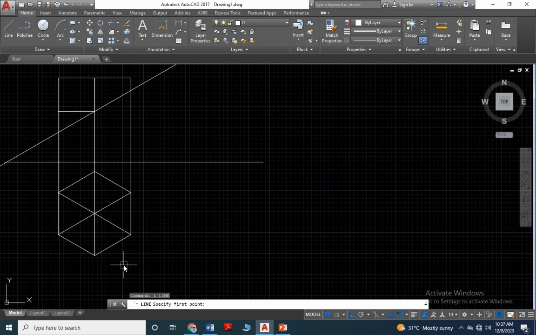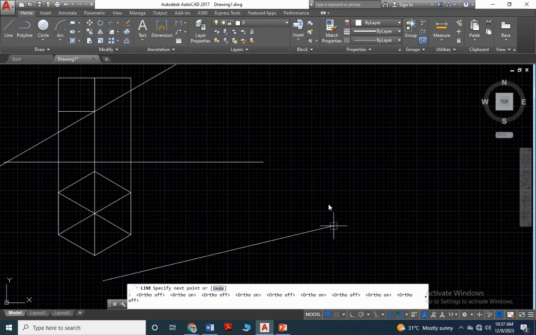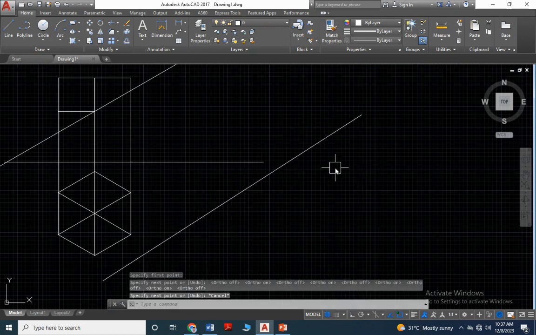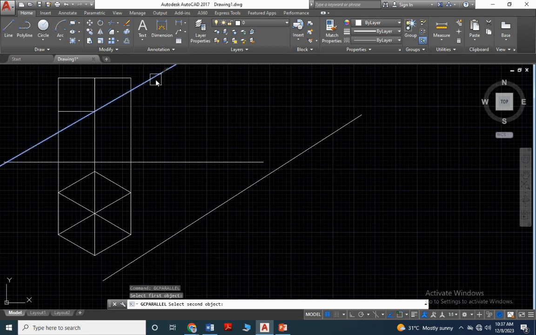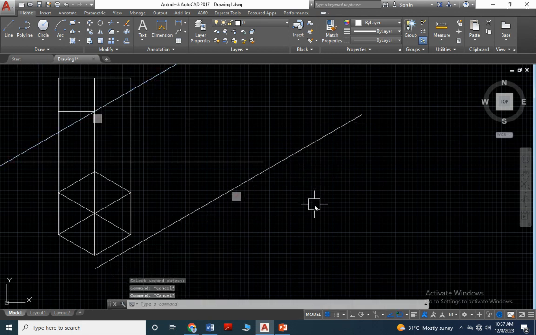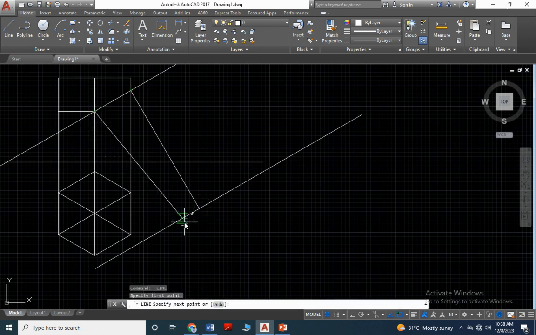draw a parallel line. For example, I would like to draw, right, now the parallel command, select this line and this line. Now it is parallel, right? Now draw the perpendicular line from the section plane midpoint, and better you remove this rotation. Yeah, perpendicular and